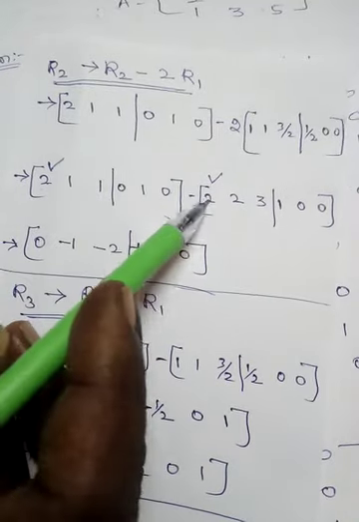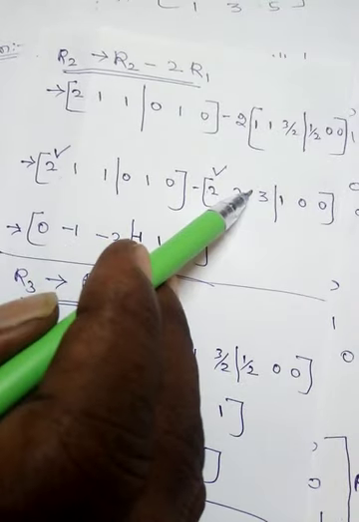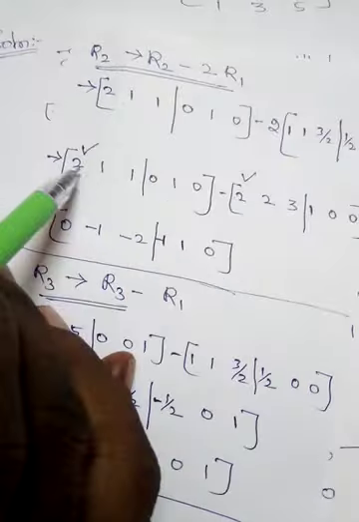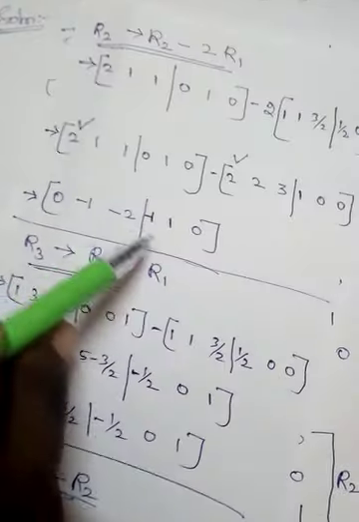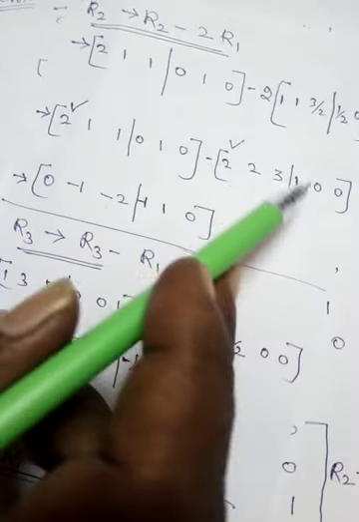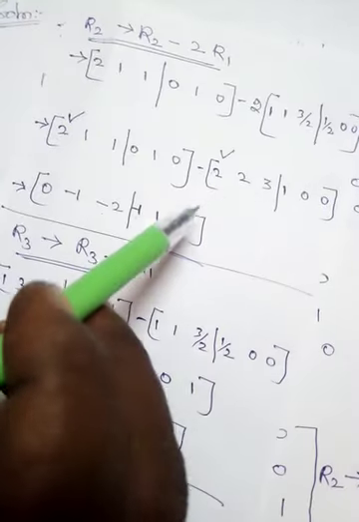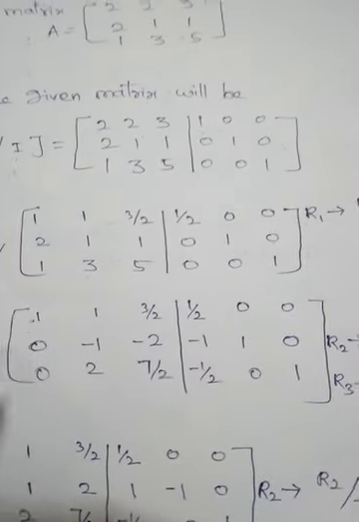Here plus 2, here minus 2, the result will be 0. Here 1, and then here minus 2. Are you clear? The second element 2, but we are going to take the sign also. So 1 minus 2 will be minus 1, and then 1 minus 3, so the answer is minus 2. And then 0 minus 1, so the answer is minus 1. 1 minus 0, so the answer is 1. 0 minus 0 is 0. So this is the resulting R2.